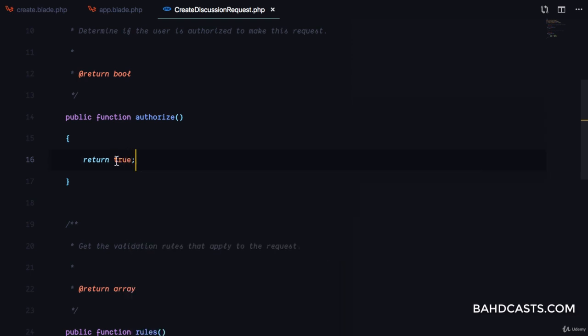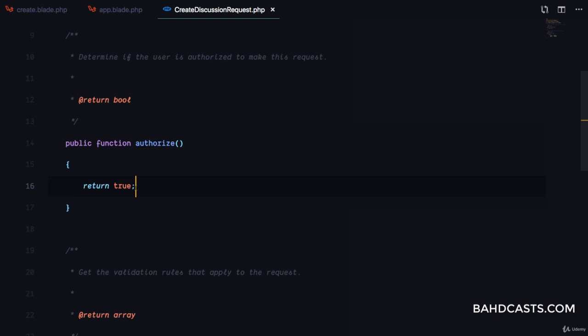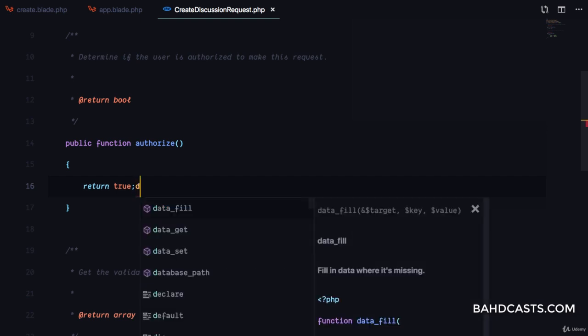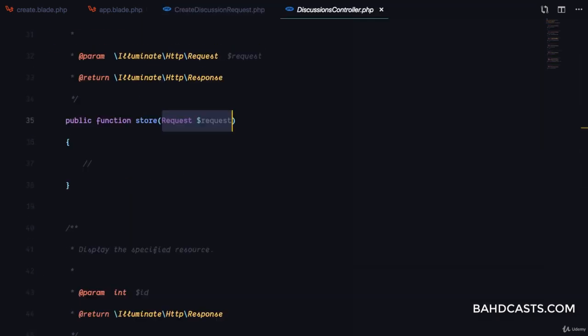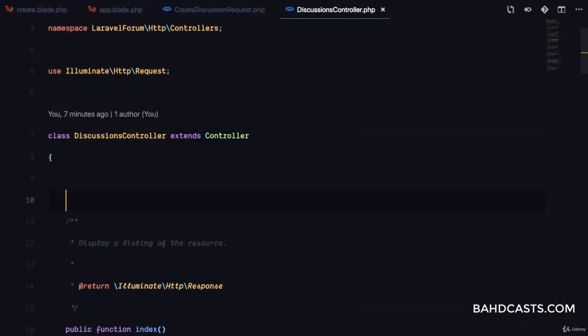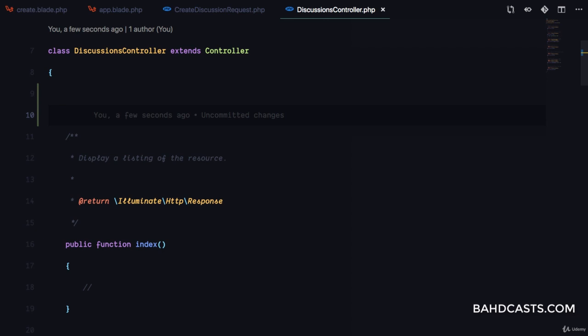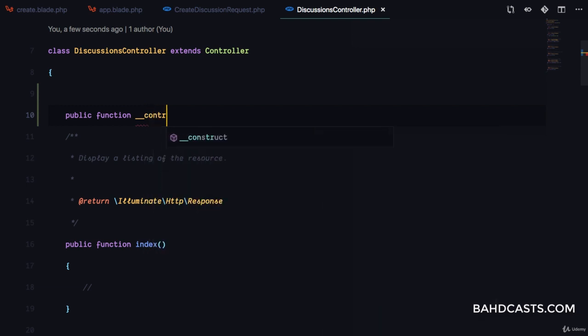Here I'm just going to add true, and what I could do for authorization is to make sure the user is authenticated, but that's authentication. So I'm going to add a middleware to my controller, and that's going to fix that. Okay, in this case we don't have any authorization issues. So I'm going to create a constructor, because remember we can validate using middleware from our routes file or from our constructor. So I'm going to say public function construct,